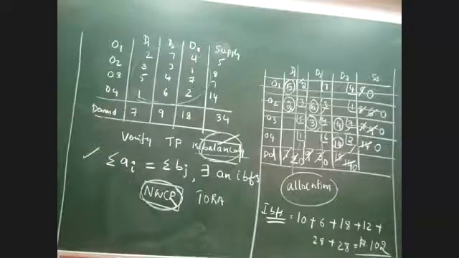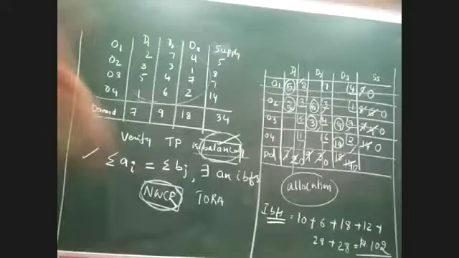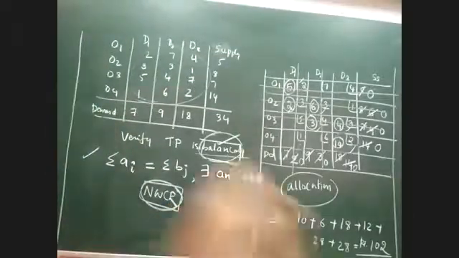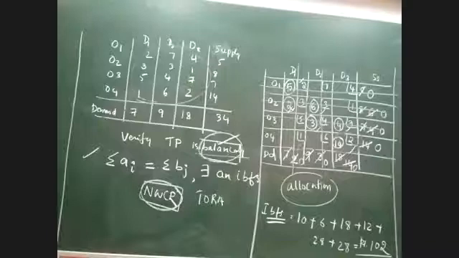Suppose the company decides to transport the consignment in this particular order, then the total cost they would incur is 102 rupees. So this is about the first method, which is called the Northwest Corner Rule method, and I am solving this problem for a balanced problem. Already the question is balanced, and therefore we don't have any modifications to be done. Very simple question.